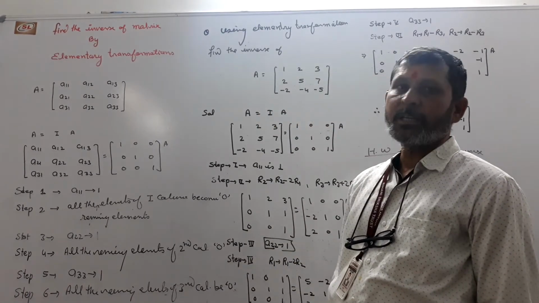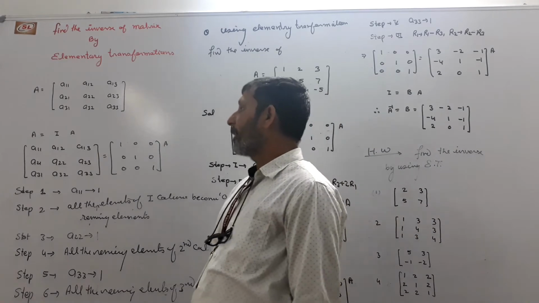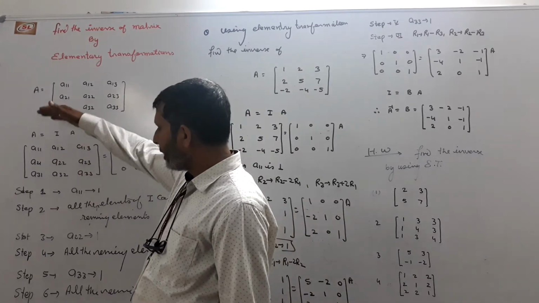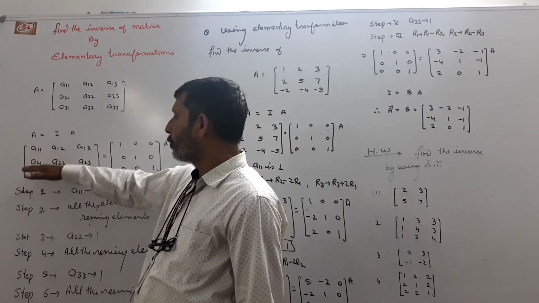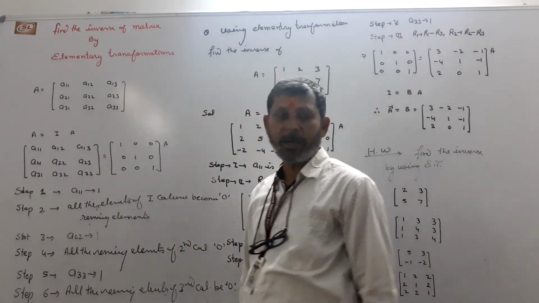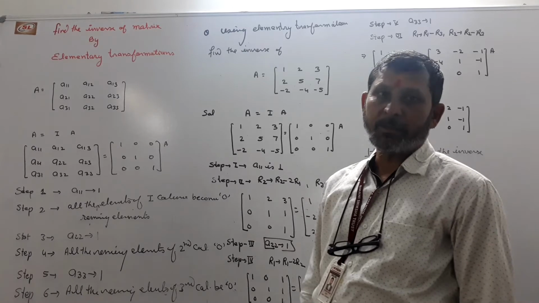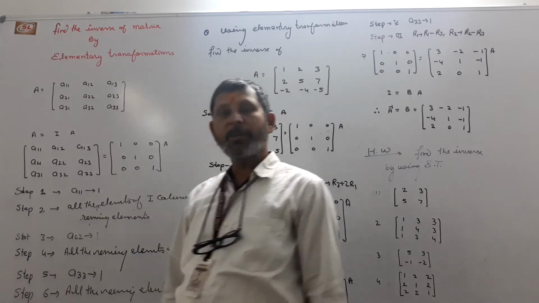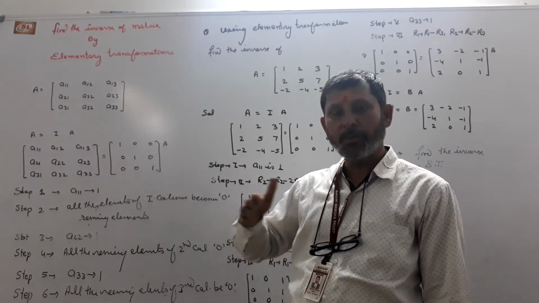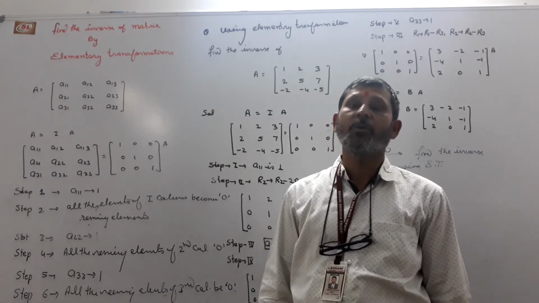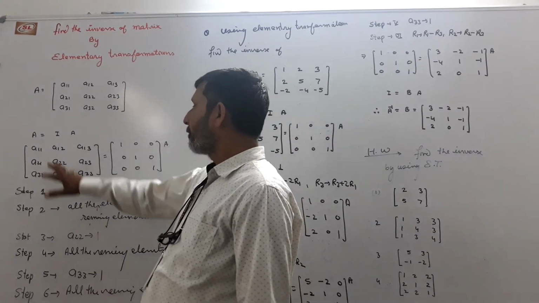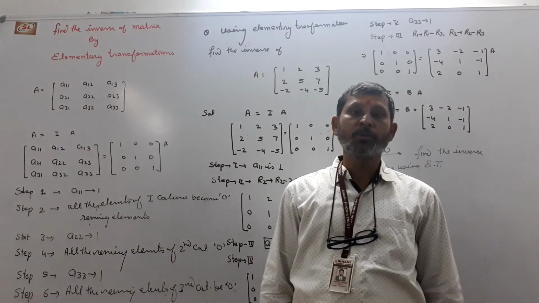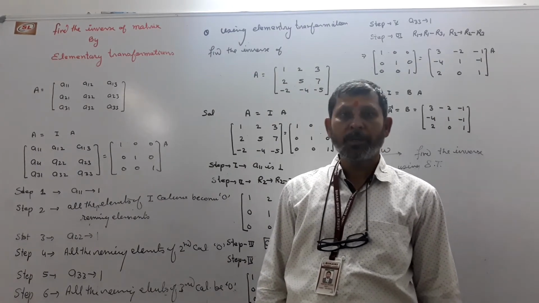In the first step of the elementary transformation, we first change A11 to 1 by adding rows R2 or R3 to R1, or subtracting, or multiplying or dividing by any constant. If we apply the row transformation, then we apply it on the whole question. Once you have applied row transformation, you must use only row operations throughout, not columns. So by using the row transformation, first we change A11 to 1 by adding or subtracting the second or third row to the first.